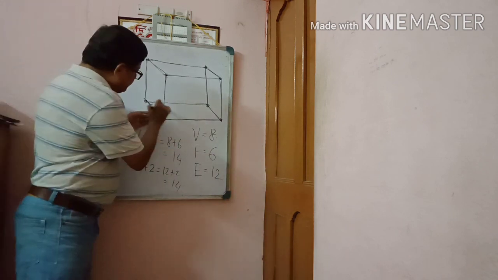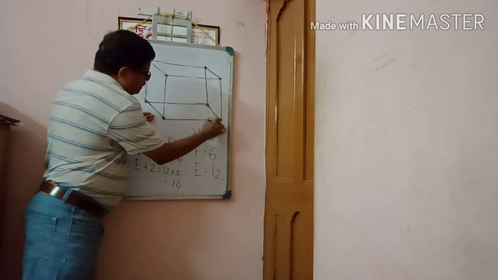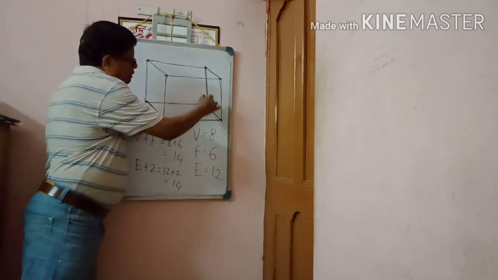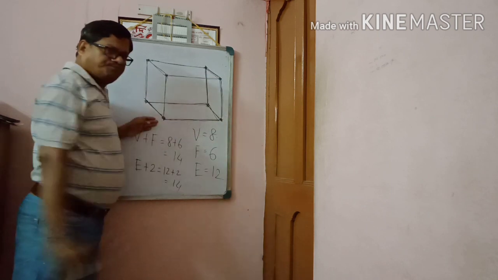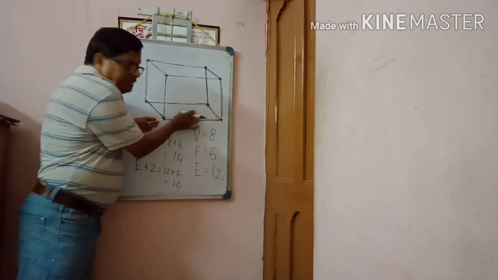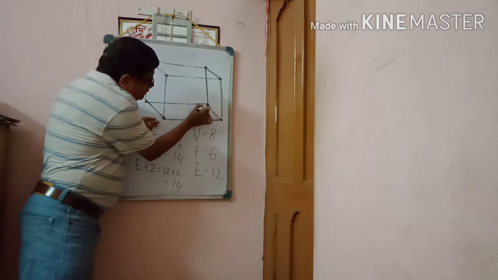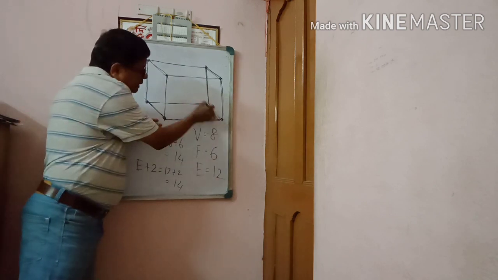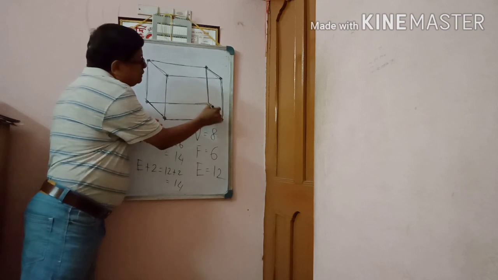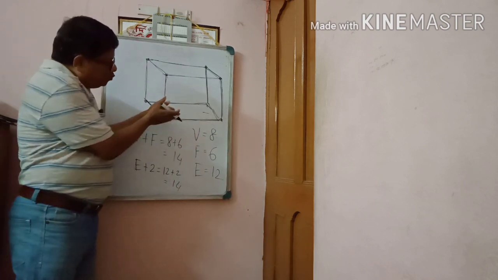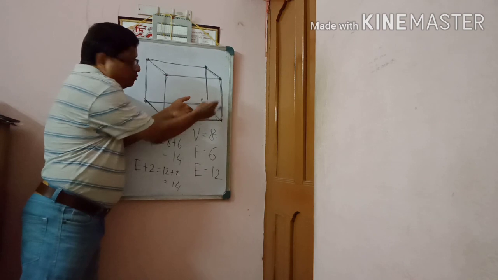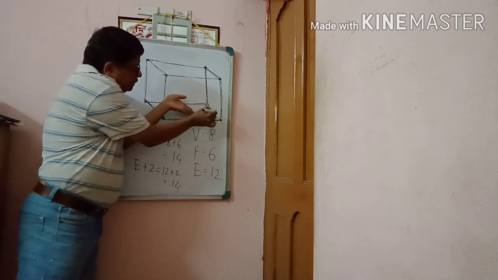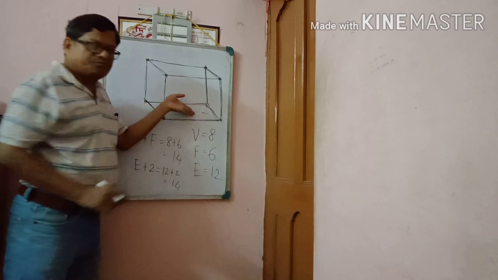Now, this is one region. Look here, one region. This also is one region. Two regions. Look here, they meet here and intersect on a line. One line is there, no? So these are known as edges. Okay, this is an edge. When two polygonal regions intersect, it is called an edge.